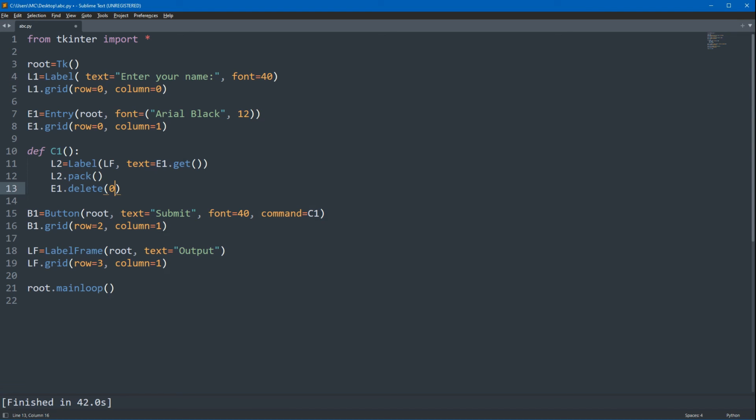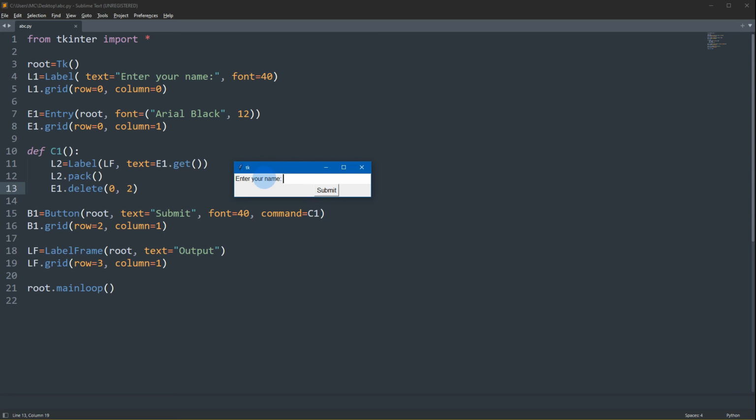If you want to indicate the ending or the last index that you want to delete, you can have another parameter. Let's have index 0 until index 2 to be deleted. Again, let's try info text skills, then click submit. On the output we get info text skills, but on the entry we have text skills.